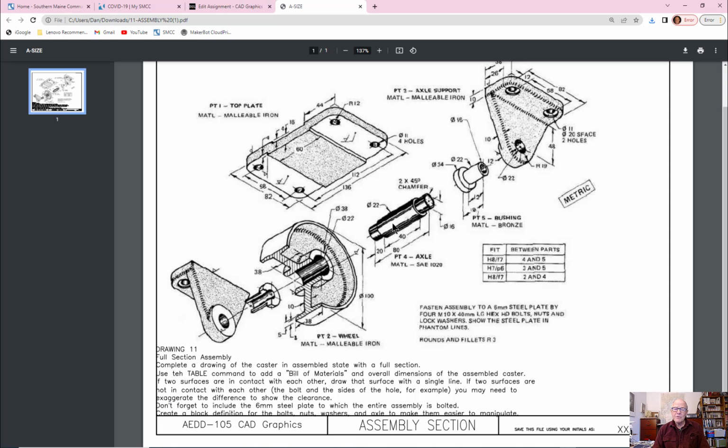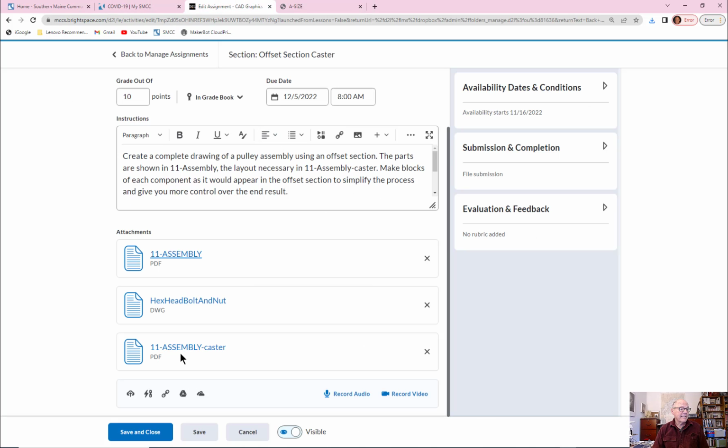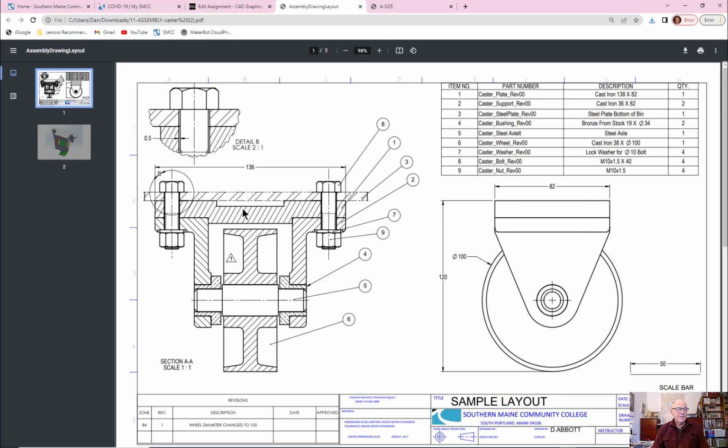One of the things you won't do is put any of these dimensions on the full section assembly. Full section assembly should look like this. So what you want to do is to duplicate this sheet right here. In other words, you're going to show what this assembly would look like if it were cut in such a way that it exposed the fasteners, the shaft, and each of the components by doing a cut that goes down through the center. So you're looking at the cross section of the wheel, the cross section of an axle support, the cross section of a bushing, and all of those dimensions are shown on the other